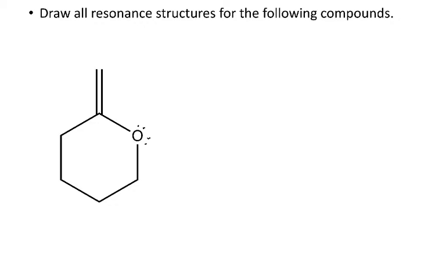And so the only pattern that I see is that we have a lone pair that's allylic to a double bond, right? To be sure that we're in the right distance, remember the rule is 1, 2, 3. So when I start on the double bond, I've got 1, 2, 3, right? And so this is a 2-step. We're going to take one of our lone pairs, and it's going to form a double bond there. And then this double bond is going to form a lone pair on that carbon atom. And so the resonance structure that we're going to get